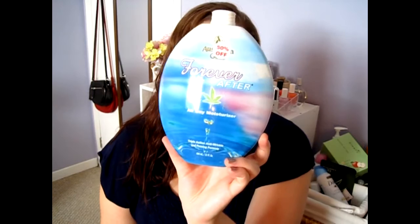It's moisturizing, but it's not super heavy. Like, I find it's perfect for the summer because it still gives you enough moisture, but it doesn't feel as thick as a body butter. And it has the most amazing vanilla scent. If you're into sweet things like vanilla and coconut, you need to try this lotion. So nice. My next skincare item is also a brand new item that I got from Sephora a couple days ago,